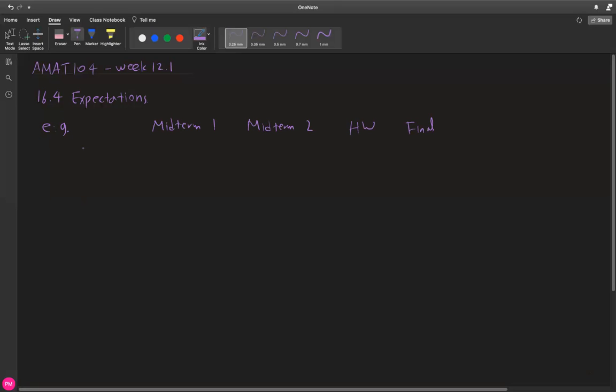And let's say for the weight, midterm 1 has 20% weight, the same as midterm 2. And let's say the homework assignments are 25%, and obviously in order to make it 100, the final should be 35.